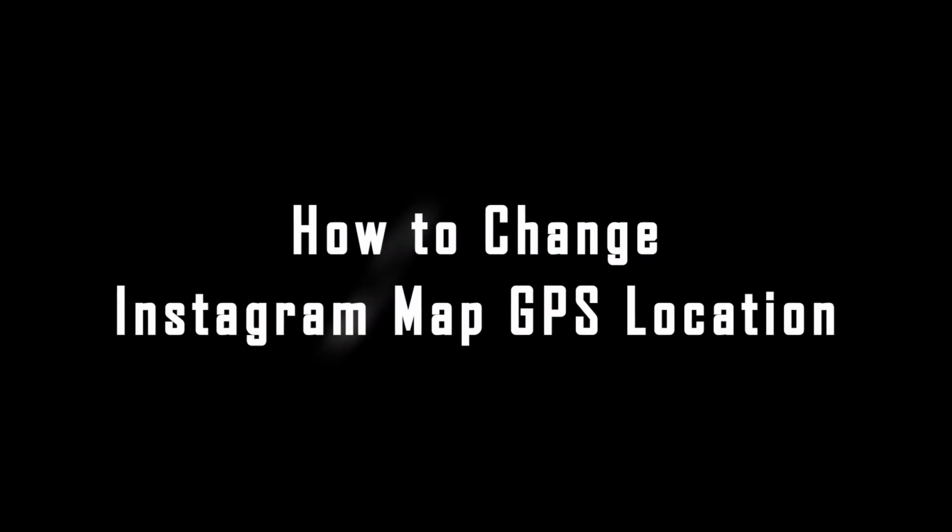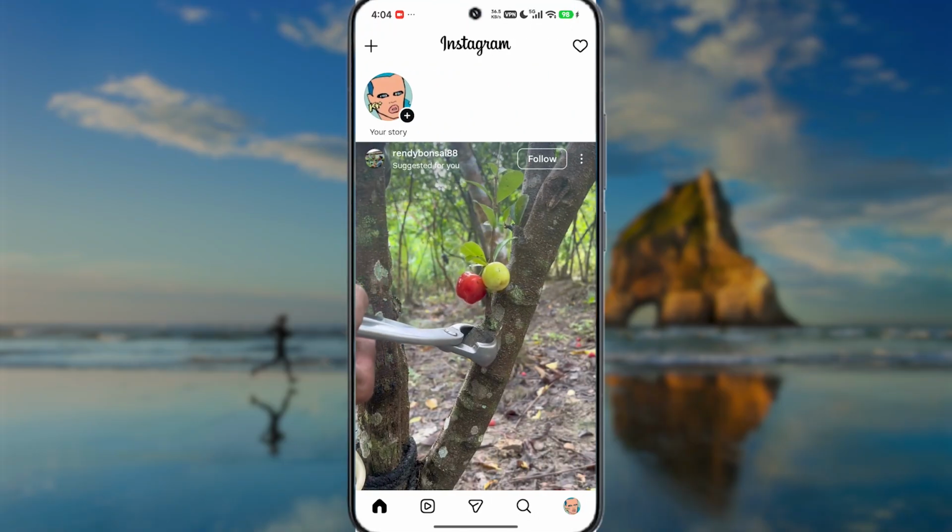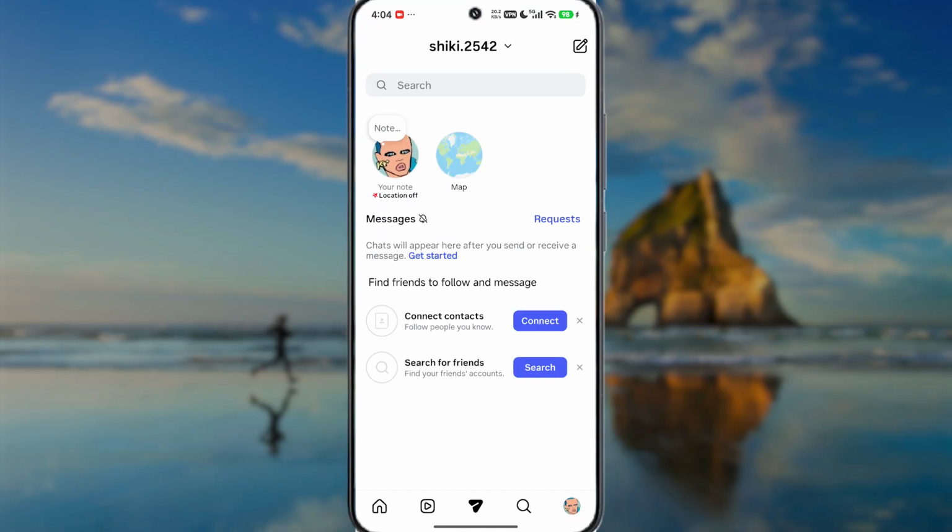How to change Instagram map GPS location. First, Instagram recently rolled out a live map feature right inside your Messages tab that updates your location every time